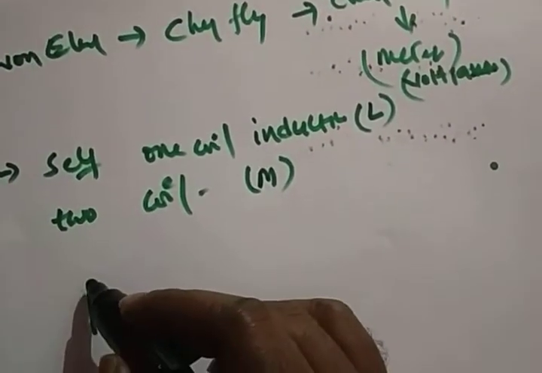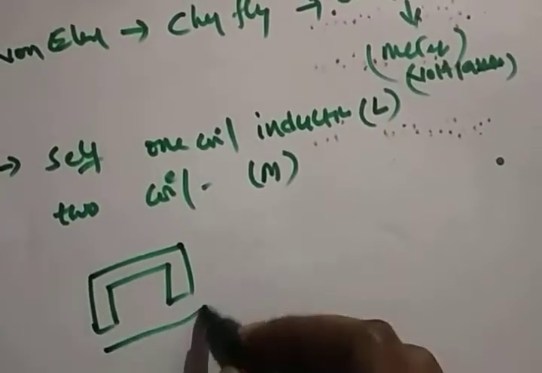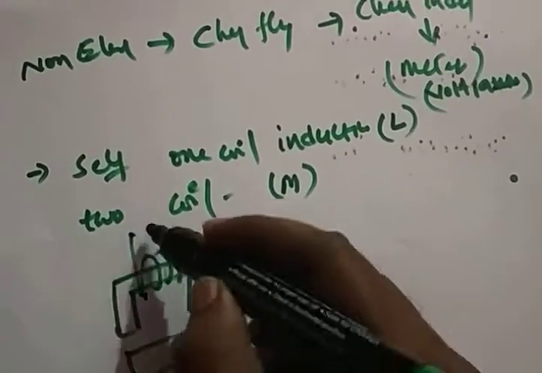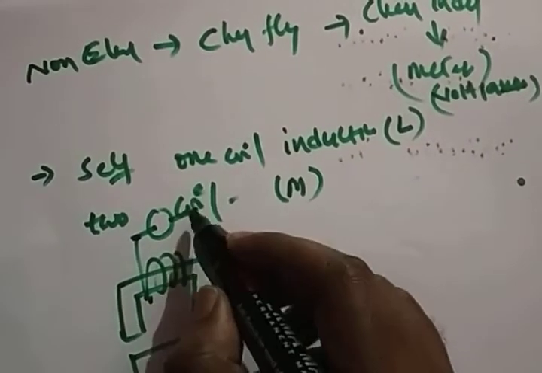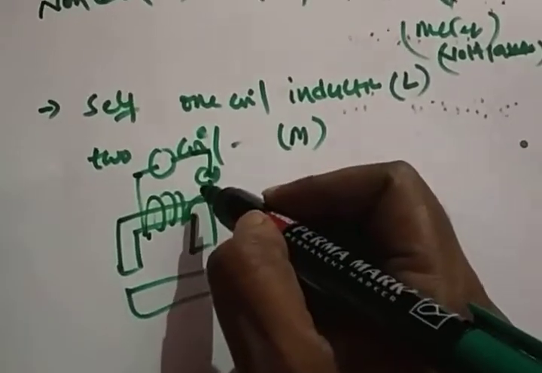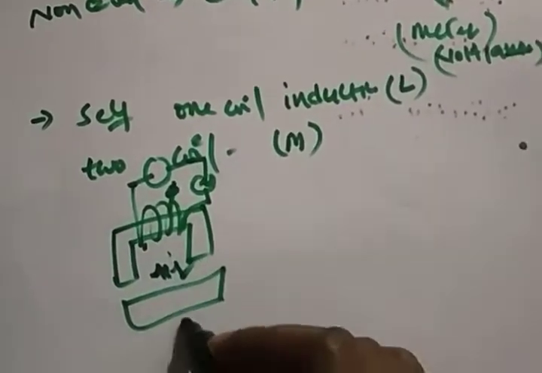So how is it with one coil? This is a magnetic core, with two magnets connected in parallel. Like this, the coil is going to be connected here, and here we have a meter. It is energized by the supply. So whenever the coil is energized by the supply, definitely the flux will be changed. This is the air gap, and you are applying a motion here.